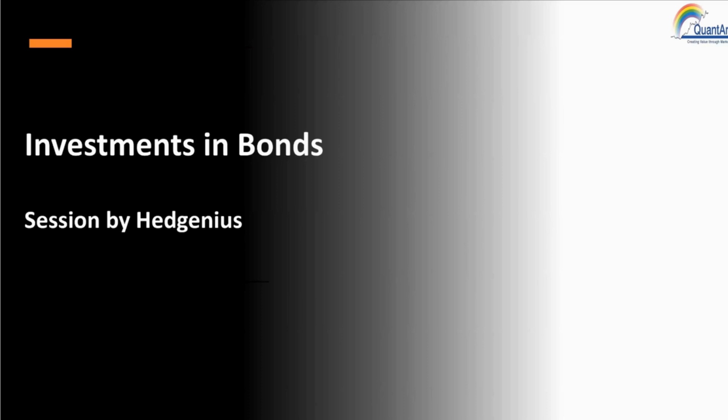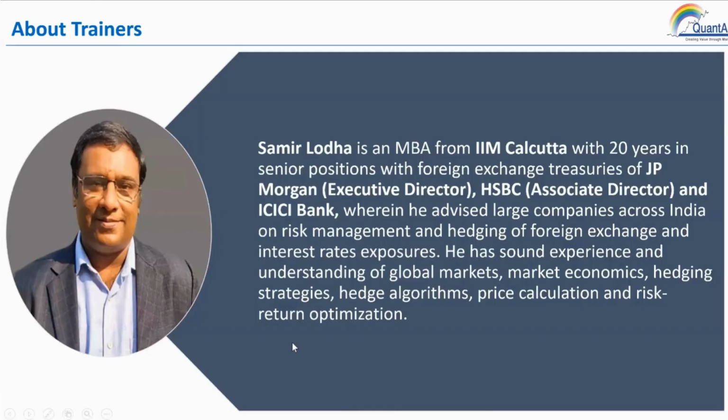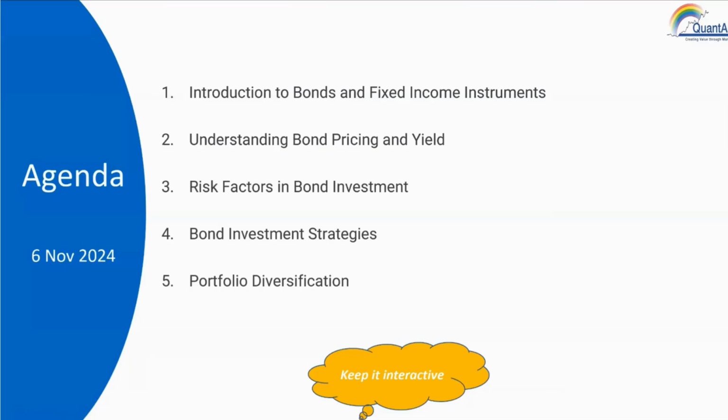If you just recollect, we started with what bonds are. We started with the very basics, and then we looked at the fact that there is something called yield to maturity. So we started with understanding what bonds are in general, the fixed income instruments. Then we looked at yield to maturity as a concept and the relationship between bond price and bond yield,